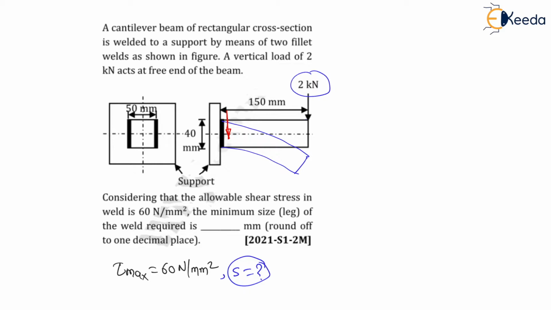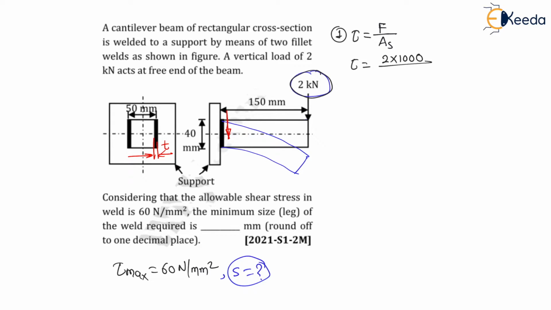Right. My dear students, first of all I will find shear stress. Then shear stress acting will be force divided by area. Shear area we have to consider. Therefore shear stress will be equal to force, which is nothing but 2 kN, which is 2 into 1000 Newton. Here this 2 kN is a force which is nothing but 2000 Newton. By shear area, let us say this weld will be having some thickness T.